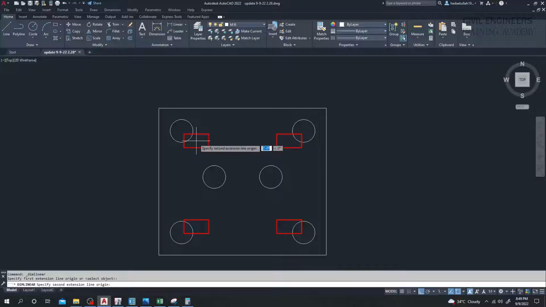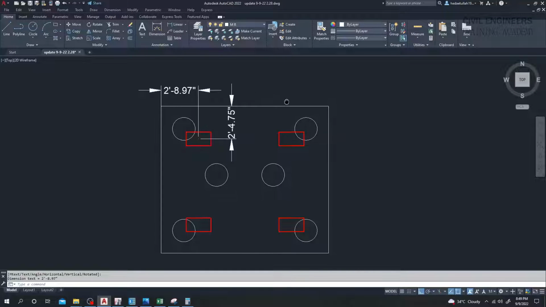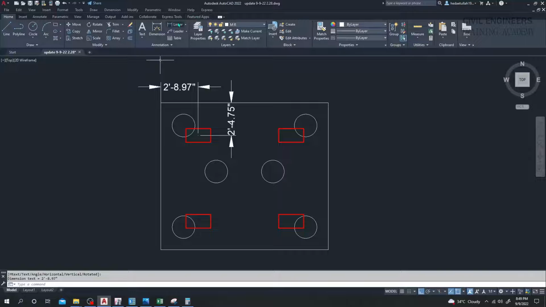So from that center to in that direction, what is that? 2 feet and 4.75 inch, and from that point to in that direction, 2 feet and 8.97. Okay, and for that one also I'll take, that will be same,